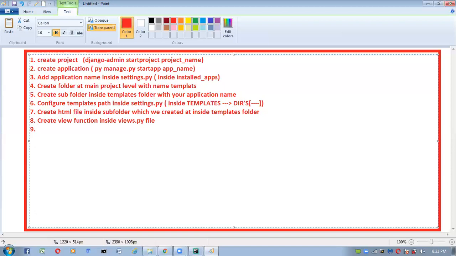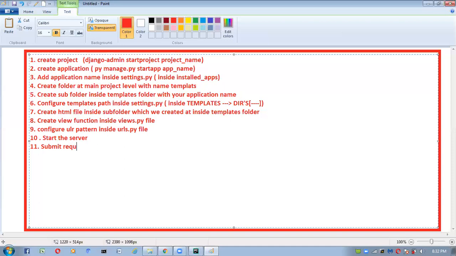Next, configure the URL pattern inside the urls.py file. Next, start the server. Next, submit the request.